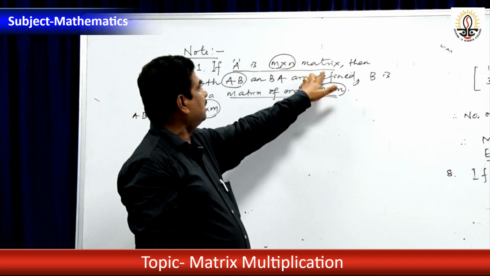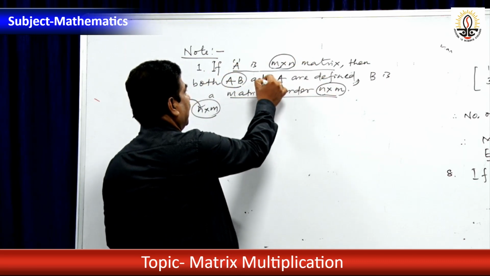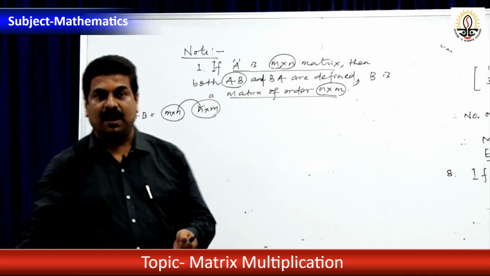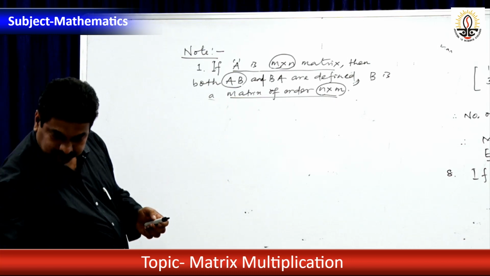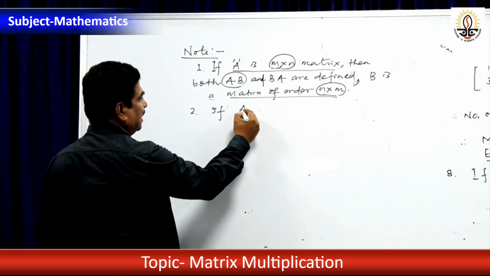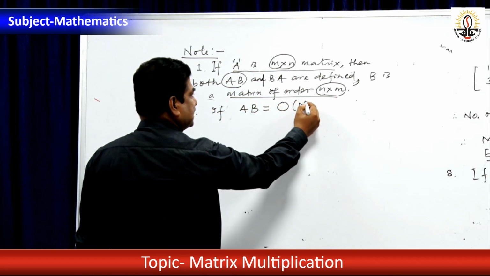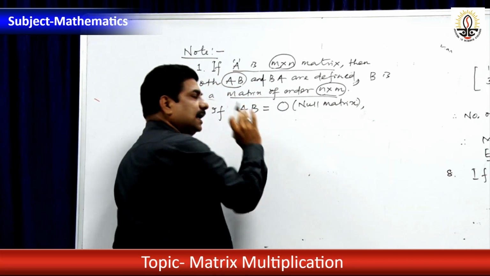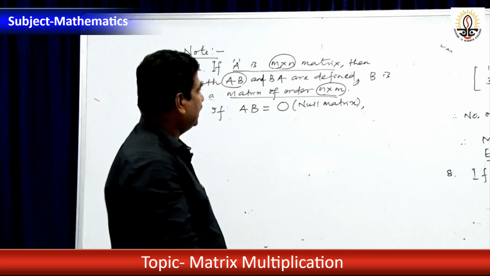If A is an m by n matrix, then both AB and BA are defined. B is a matrix of order n by m. Next, the second point here. Very important one: if AB is equal to a null matrix, here you write this one, null matrix. Here you see, if the product AB is a null matrix, then